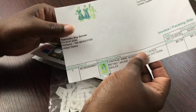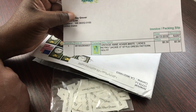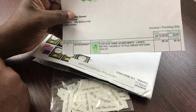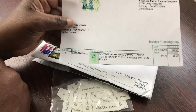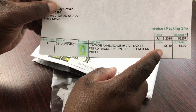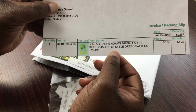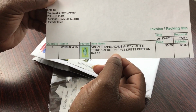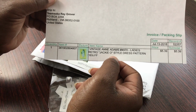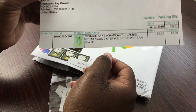Okay, so here's the packing slip. It's a vintage Ann Adams ladies retro Jackie O style dress pattern. It's a size 16 and a half. And you see the price there? I paid $5.39 for this. I'm excited that I have been able to pay so little for a retro pattern, because nowadays